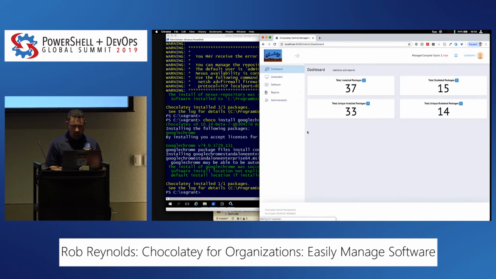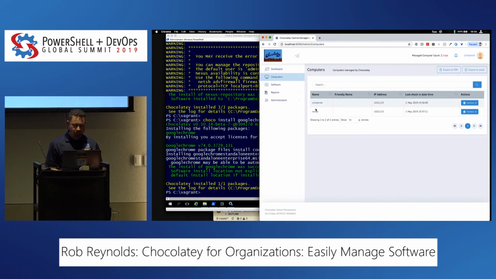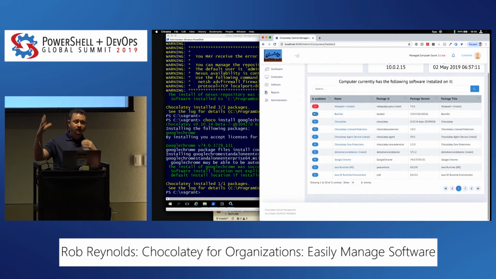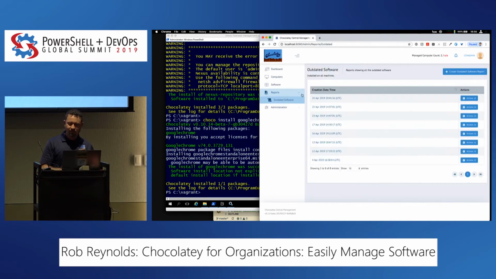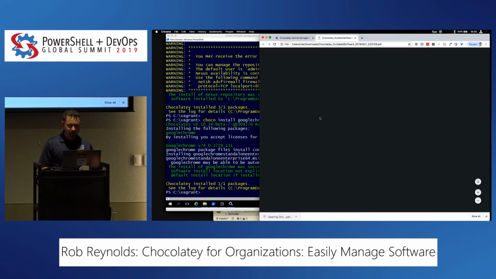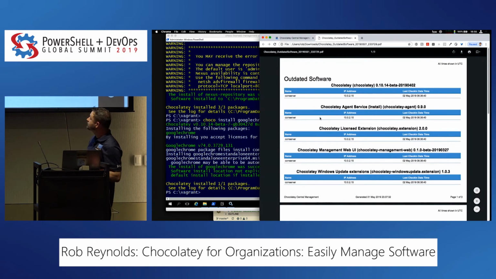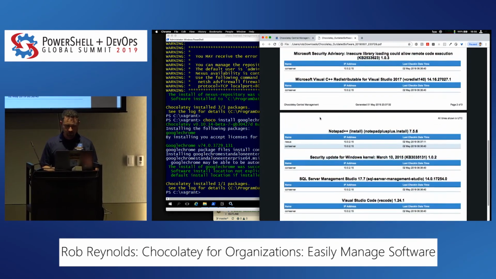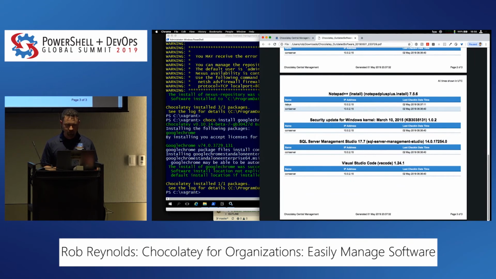And of course, as we're coming in on these machines as well, we can see a little bit more information about the machines that we have under management and the software that's on them. We're going to continue to expand this out, so we're going to put a lot more stuff here. Another really nice thing is I can get a nice outdated software report that I can pass off to management. And this is nice because we get something like that, right? Pretty handy. I picked that one on purpose because I knew it was on both. It's the only one that's on both that falls there. So